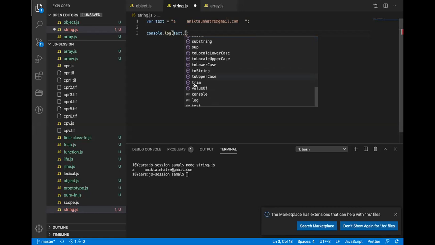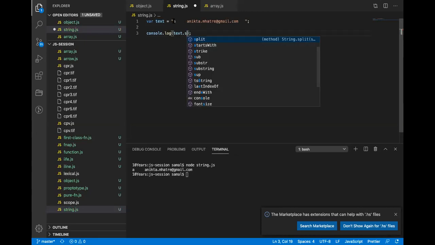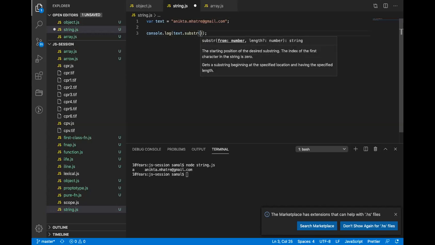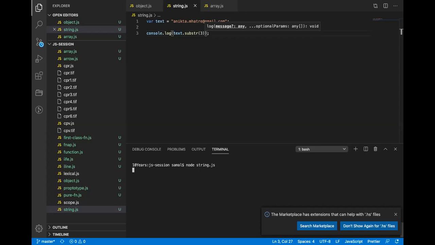Next one is toUpperCase, we already have it. Not really used, but I'm just showing you. Substring. Substring may be passed an index value. Let's say if I pass 3, it took from there.